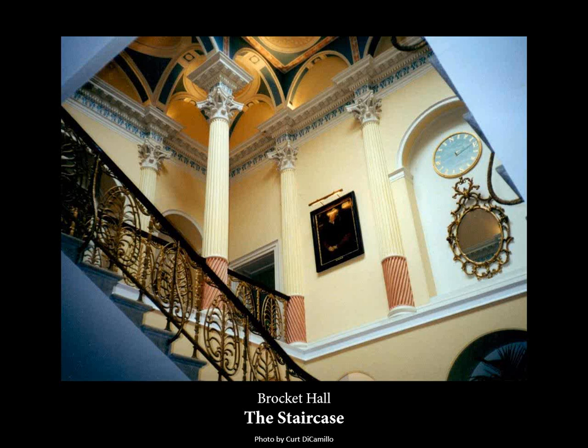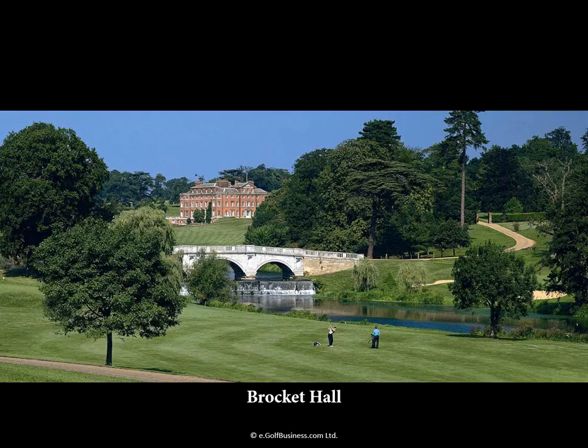This is, I think, the most important space here. This is the staircase. It is unlike any other staircase I have ever seen in an English country house. Once you see it, you never quite forget it. Very Italian in its influence, particularly, I would say, from the designs of Raphael, but just wonderful. This house has had money troubles, so it is now a private golf club. And you'll see here in this next slide very clearly it's a golf club that has been in the foreground